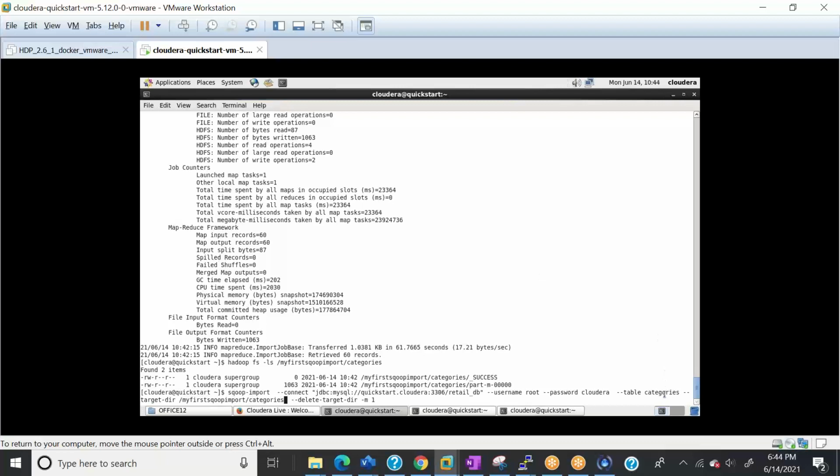So let's say I import the orders table here. It will still import that table into the categories directory, because the directory is hard coded here, right?